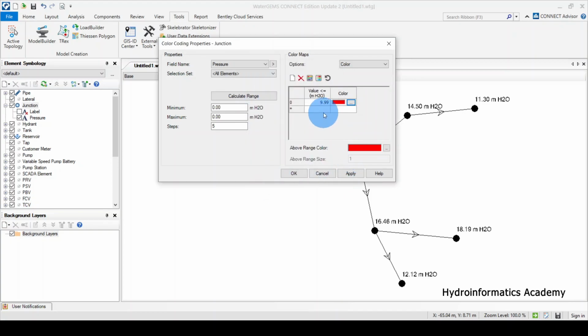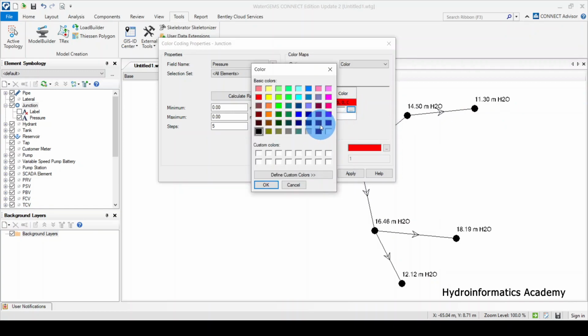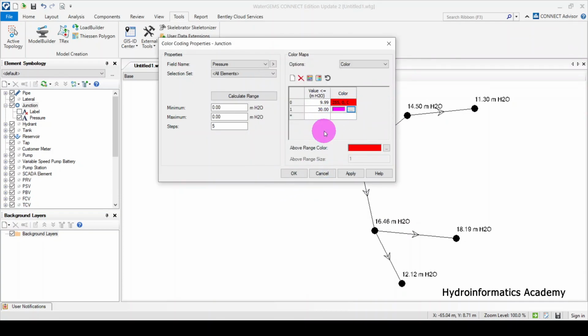And the value less or equal to 30, I want to assign it with any color. So for now, I'm going to use the purple. You can use any color that you want. So what this means is that any value which is less than 9.9, I need to assign it with red, because I'm going to assume this is the value that I need to concentrate on. And again, the value that is less or equal to 30, I'm going to assign it with